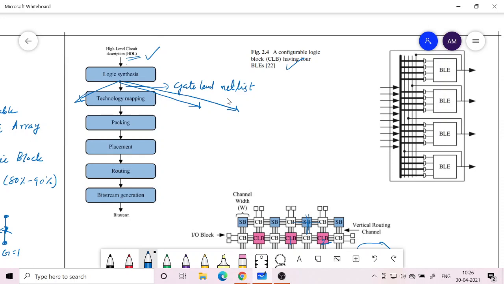If you take another FPGA 2, I told you there are various companies like Xilinx and Altera of Intel, and each of these companies has several FPGAs, so FPGA 3, etc. For each of them the availability of hardware, the configurable hardware, is different, so you need to map the gate level netlist to your appropriate FPGA.